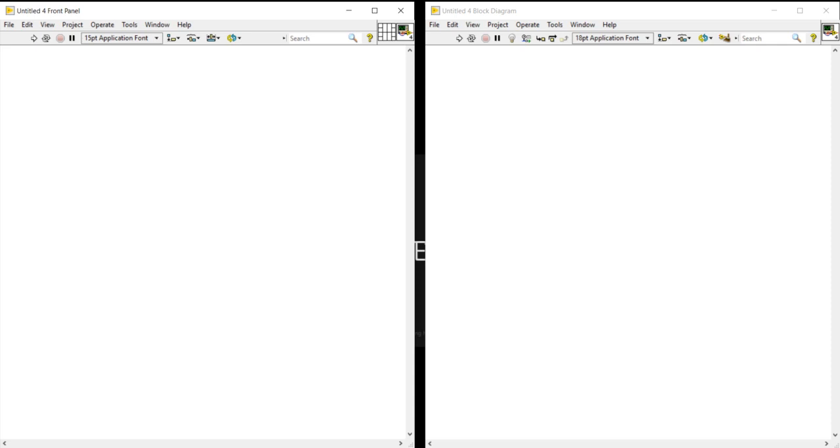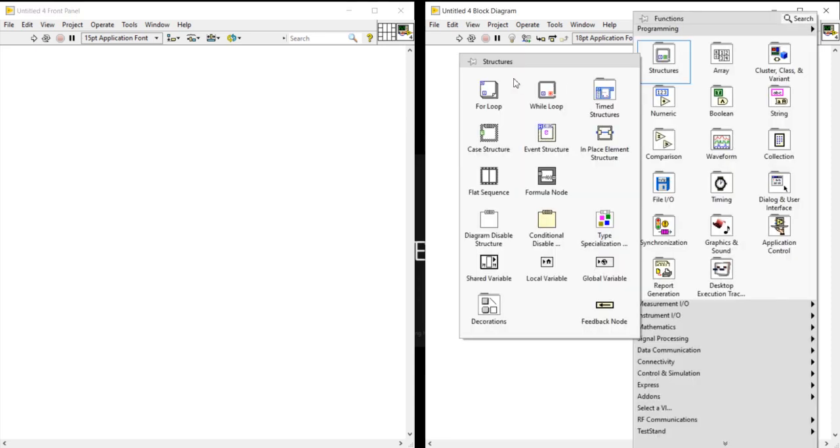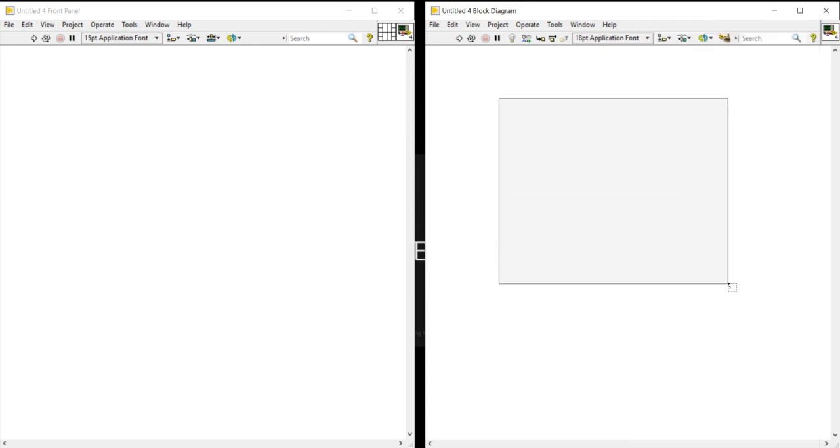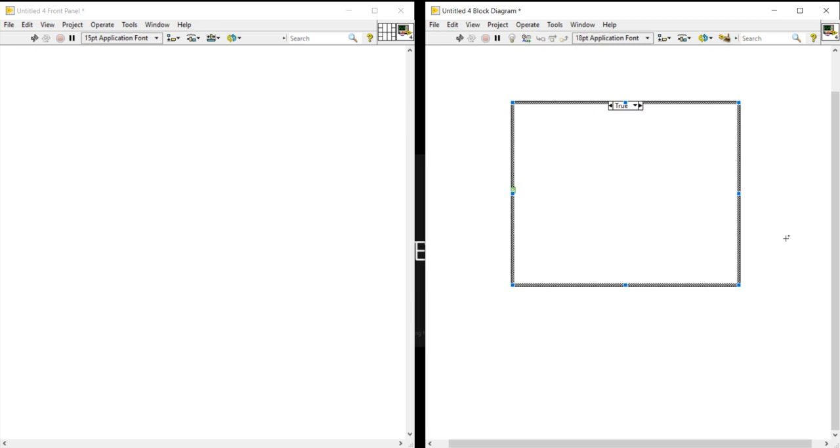In this video, we will design the data over limit sub VI. The simulated data needs to be checked in each loop iteration to see if it exceeds the user-defined limit. To check and maintain the simulated data, we need a data over limit sub VI. So let's start designing. In this sub VI, our system will accept the data and check the data with the given limit.